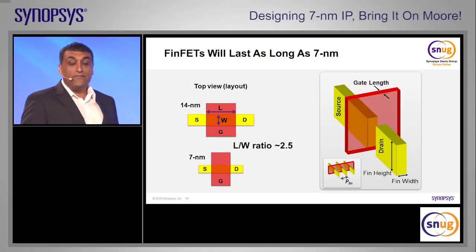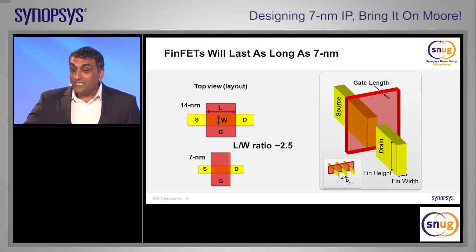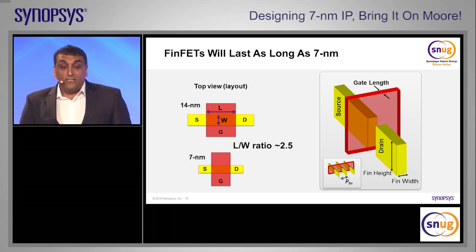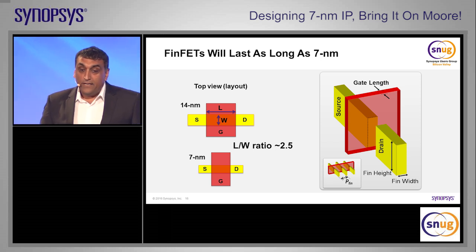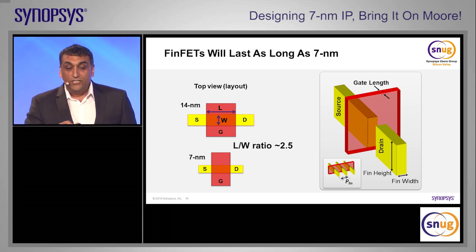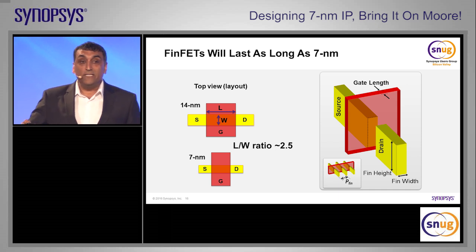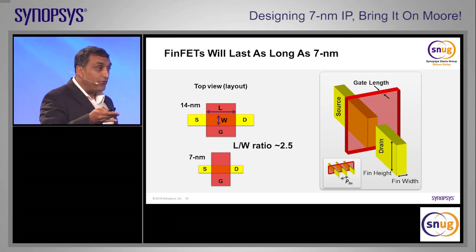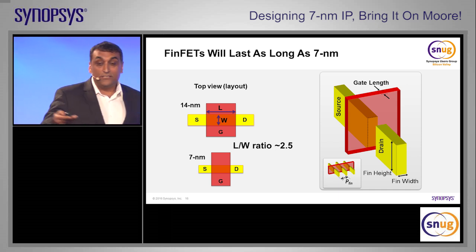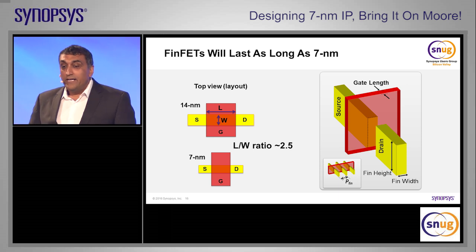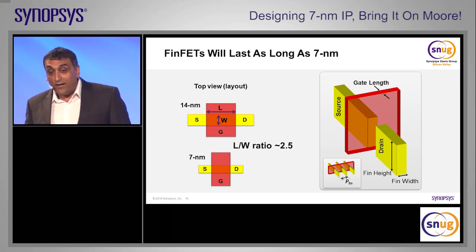All right, I'm going to move into 7 nanometers now. So this is when it gets more relevant to today's presentation. So here I've got 2 representations of a 14 nanometer device. Again, I'm not picking on any foundry here. So 14 is a representation that we talk about in the industry. And then 7 nanometers. Again, I'm not picking on any foundry here.